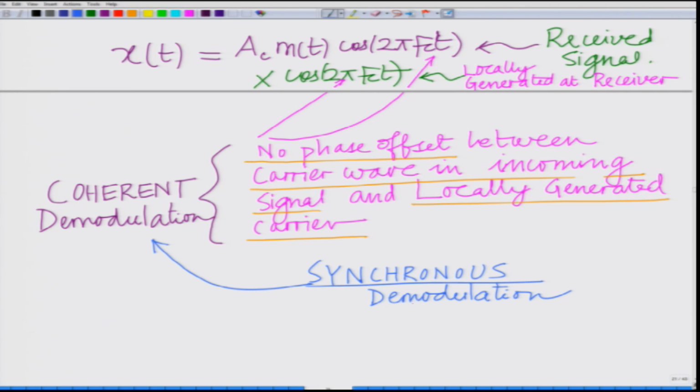Coherent or synchronous demodulation mean the same thing: there is no phase offset between the carrier wave in the incoming signal and the carrier that is locally generated by the oscillator